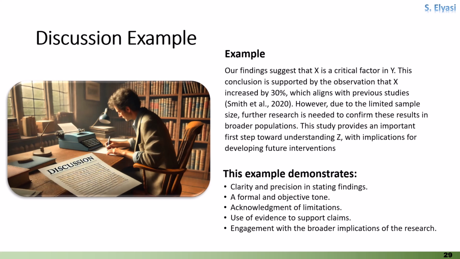In summary, the writing style of the discussion section should balance scientific rigor with clear and engaging communication. It involves precise language, a formal tone, logical organization, critical reflection, and careful interpretation. The goal is to explain the significance of the findings while maintaining objectivity and transparency, allowing the reader to understand the broader impact of the research.